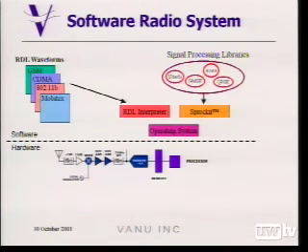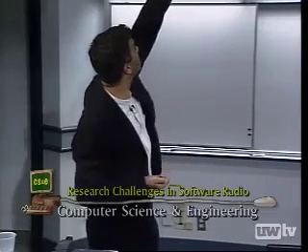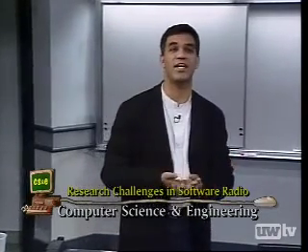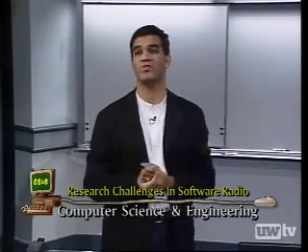So the job of the software is, in a typical situation, first to select out the channel or channels that I'm interested in, and do all the equalization and demodulation, all the way to layer 1, layer 2, and layer 3 processing. So how do you do that? Well, remember, we don't want just one system. We want to be able to reconfigure this radio to do many, many different things. So I need some software that has different standards, and I need to be able to run those different standards.